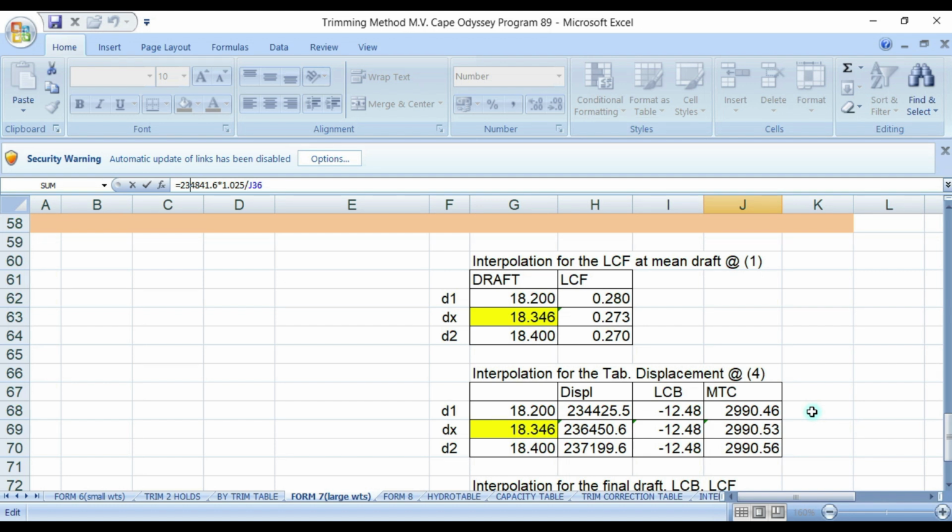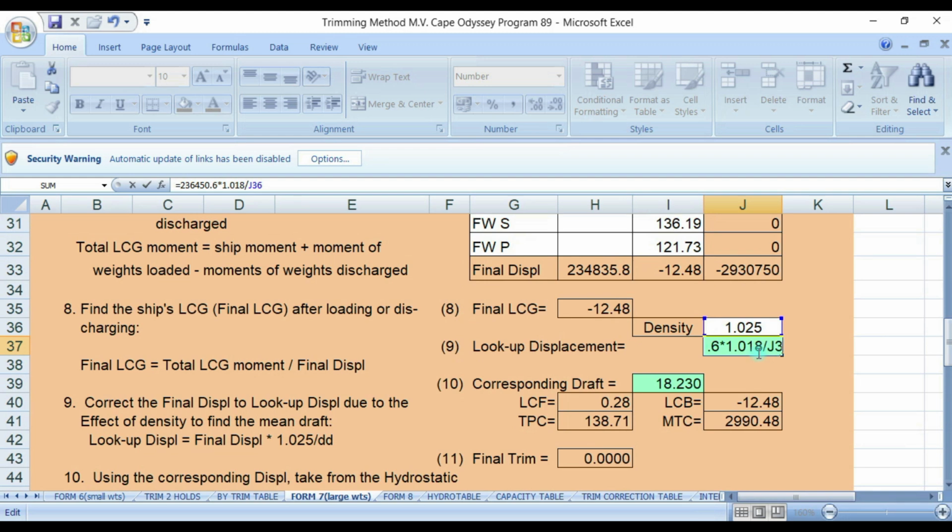Then you change this to 1.018, then J6 is 1.025.